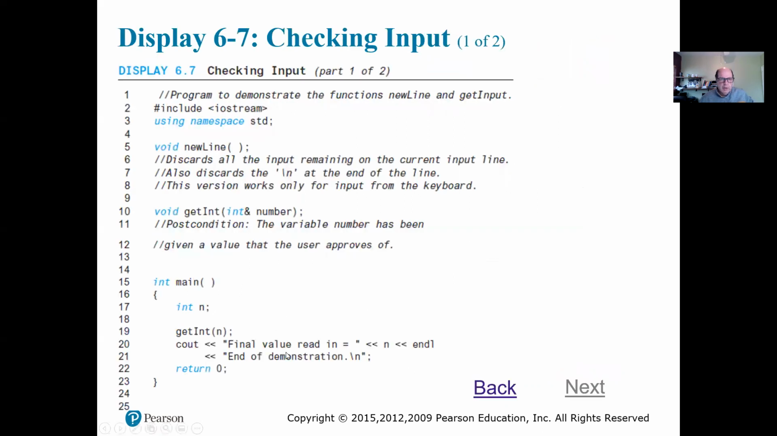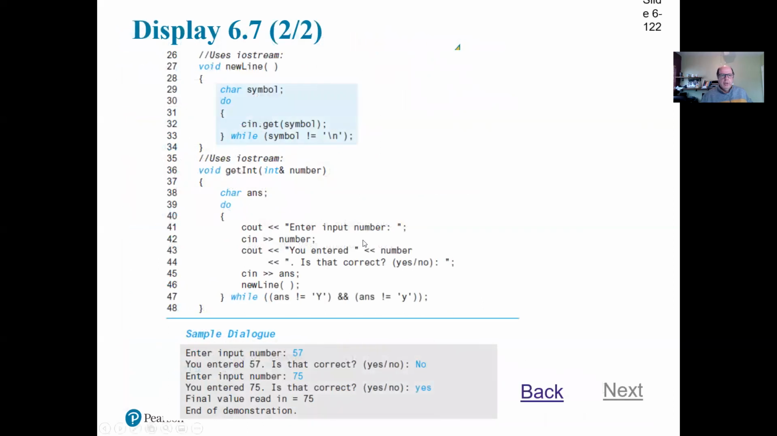So this is the checking input display 6.7 where we are getting a number from the user. And inside of that, we're going to check it to be sure this is correct. So the way that we're going to do it is we have this new line. In this case, we're using do while. Again, I wouldn't use the do while. I would put the cin out and then read it as a while loop. But it's going to keep doing it